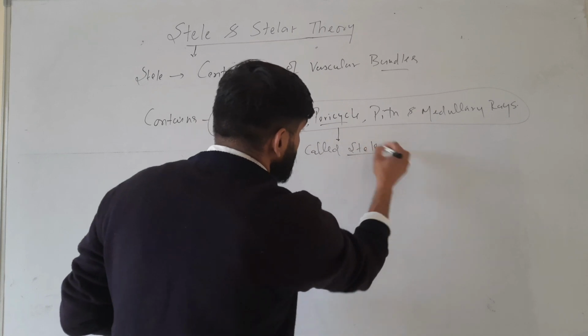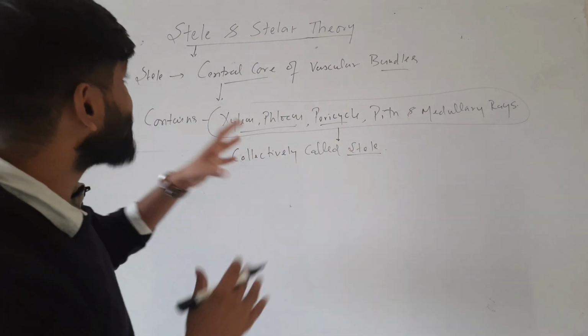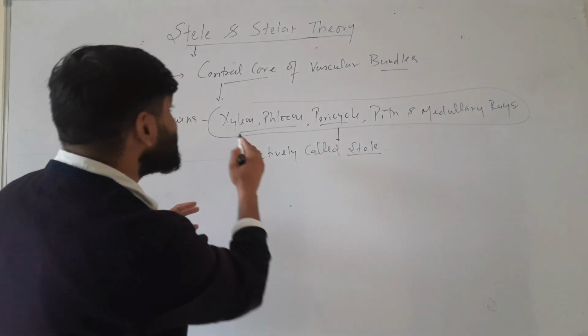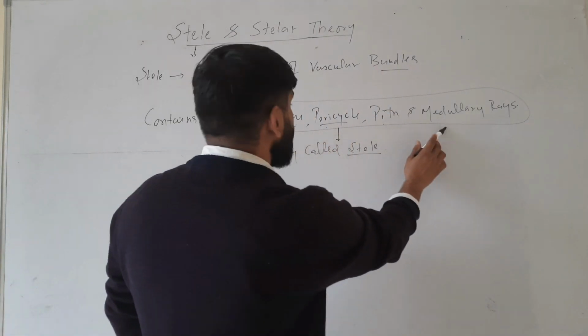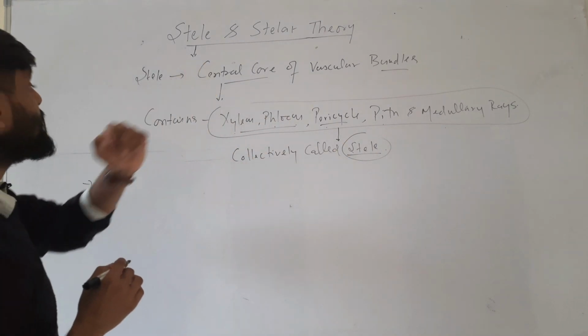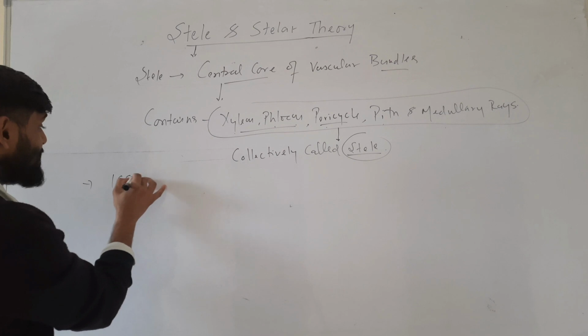All these structures, xylem, phloem, pericycle, pith, and medullary rays, are collectively called stele. So this is stele. This is a central structure present in the center that contains xylem, phloem, pericycle, pith, and medullary rays. Now coming to Stelar theory, in 1886,